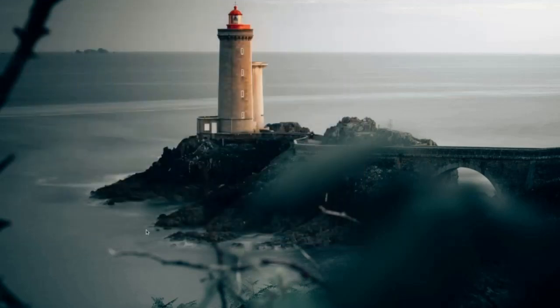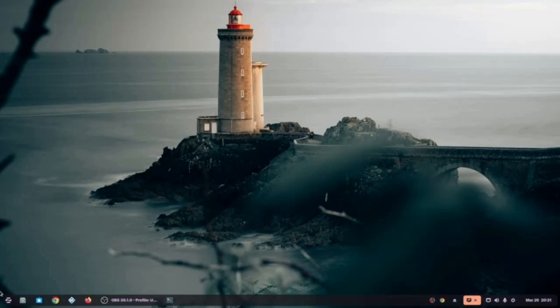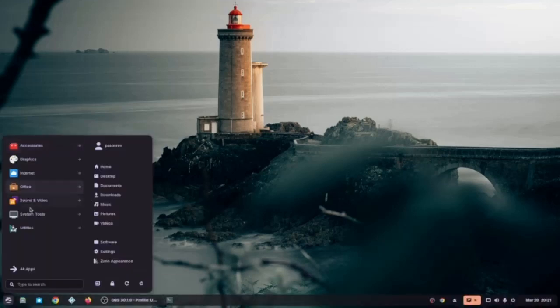I love it because when I install this operating system on my computer system, it just works out of the box. No tweaking, no doing anything. It just works, my friends. It just works. All right, so